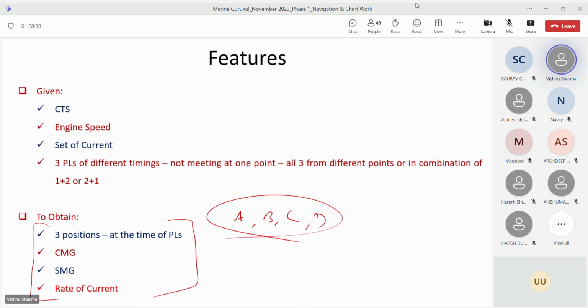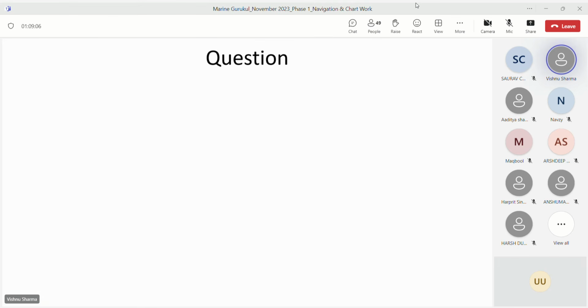But before you plunge into this method, please be sure that this is the only option left. Don't unnecessarily complicate by leaving out easier way methods and getting into this one of the most stupid methods that could ever be used in chart work, which actually would have never been used on ship by anybody. It's only a classroom creation, unfortunately. Okay. Now I will take you through this.